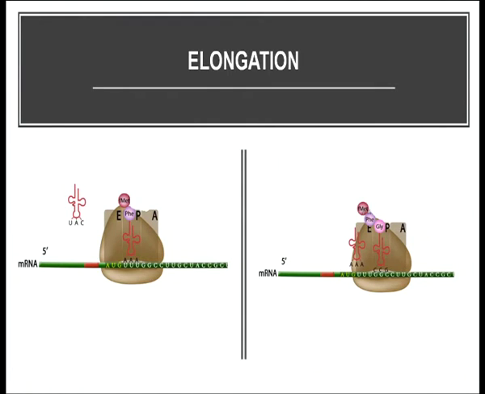In the next slide, we can see that the methionine has attached to phenylalanine, and now the ribosome slides over the messenger RNA, and one pocket of that larger subunit is made free for the movement of the next tRNA, and that is how the chain keeps on elongating, adding more amino acids to the polypeptide chain which is being synthesized.